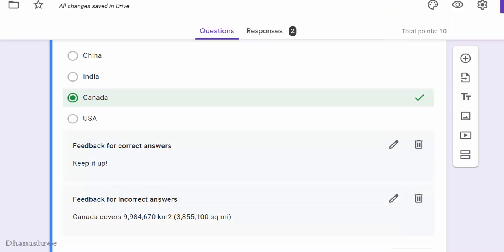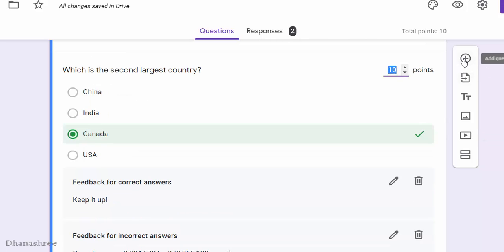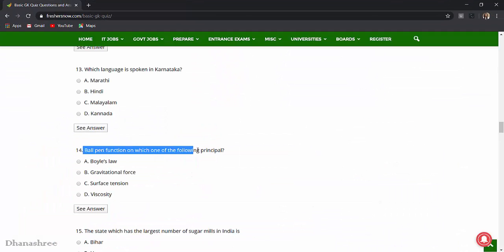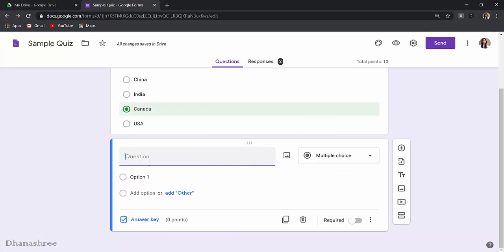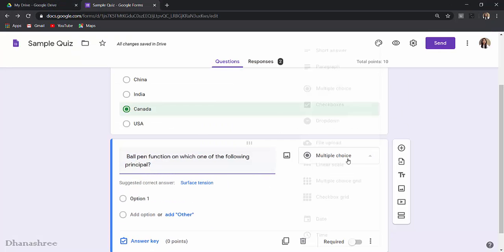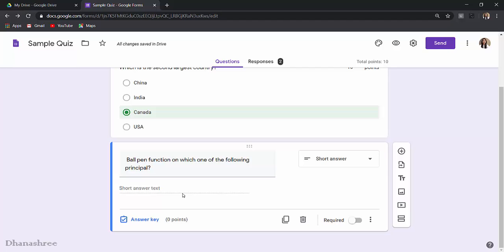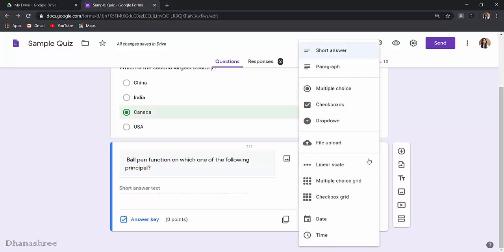With this basic knowledge, let's see which are the different ways you can insert the question. To add new question, click on plus sign. The next way, you can simply copy paste the question from web page or your Word file. I'll show you both the ways. So here I am copying this question and pasting it my sample quiz. If you don't want to give any option to it, you can make it as a short answer. So user has to write the answer. But if that answer does not match exactly with your given answer, then user will not get full marks. So giving option is always advisable.